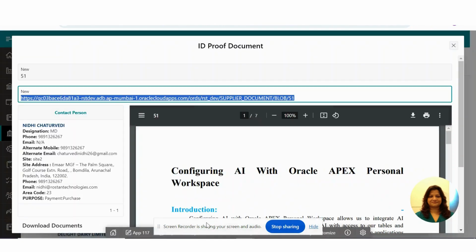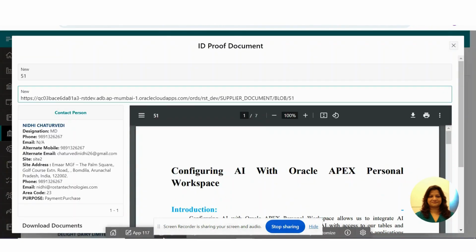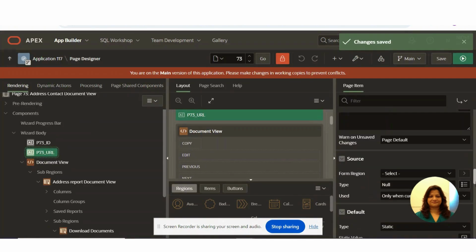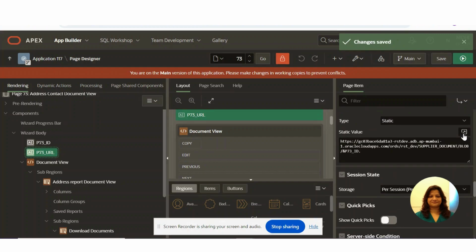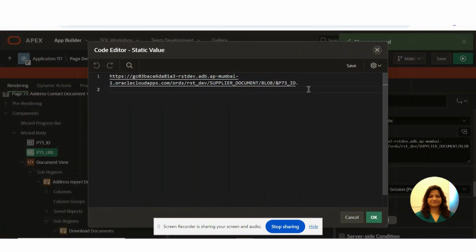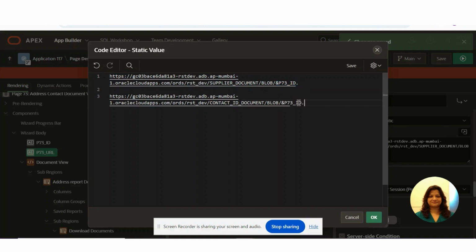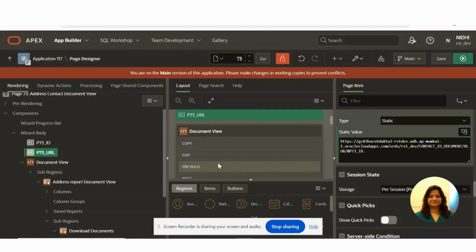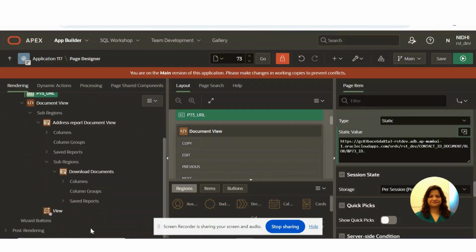Correct. So go to the page. This is the URL field. I put the URL in this column. I created one item, these are the item values which I insert here with the document. So I created that one directly also.